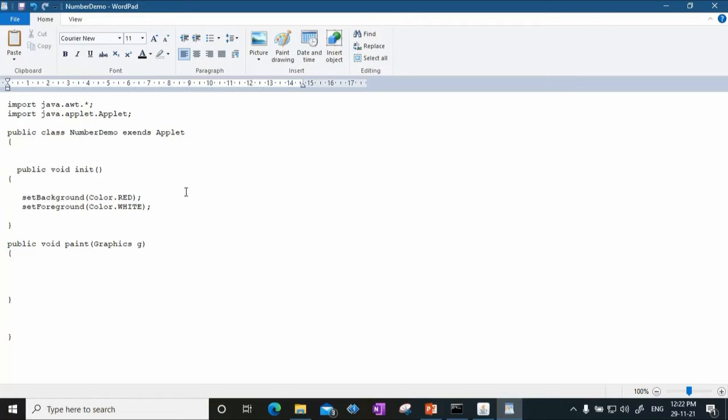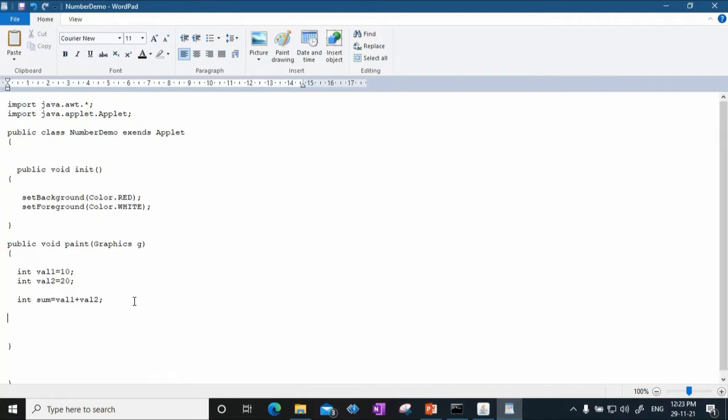Okay, now here I will declare two integer variables, int val1 equal to say 10, then int val2 equal to say 20. I declare two integer values, and then I will say int sum equal to val1 plus val2. However, this answer is a numerical value. Now if you want to show it on the applet canvas, then you have to somehow convert this integer into